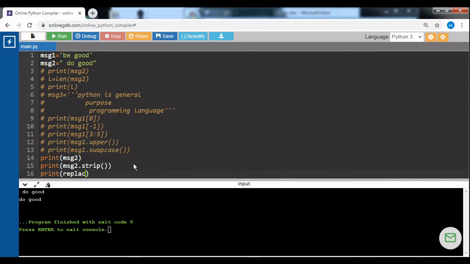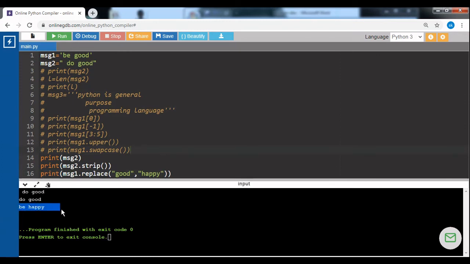To the first variable I use message 1 dot replace, and what we want to replace is good with happy. So good should be replaced with happy. Okay, this has been replaced.